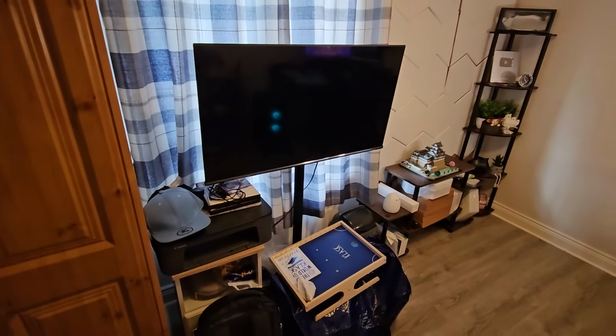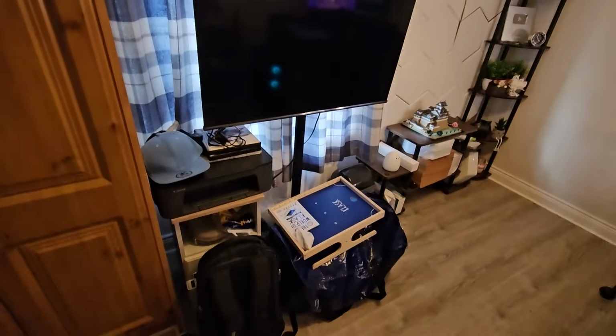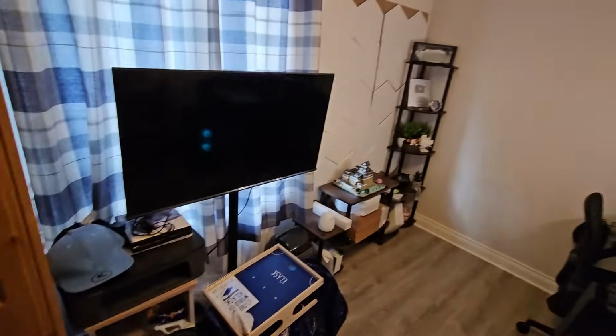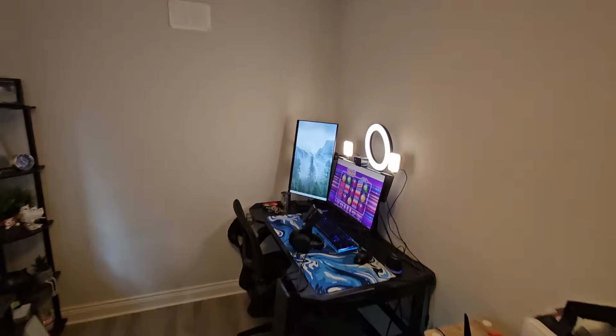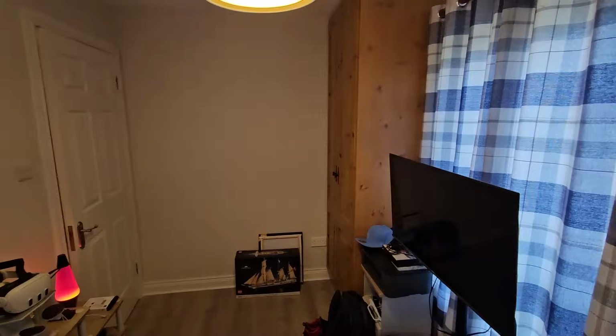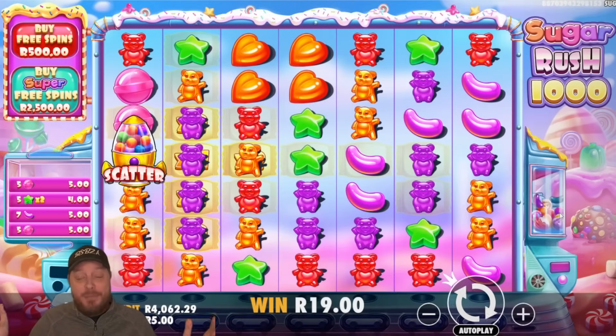and I use it to like watch sports and stuff if I'm busy working. And yeah, that is pretty much it, guys. That is the studio. There's not too much behind me. If I just flip around over here, there's just basically a cupboard over there. And yeah, that's it. Okay, so that's my studio.